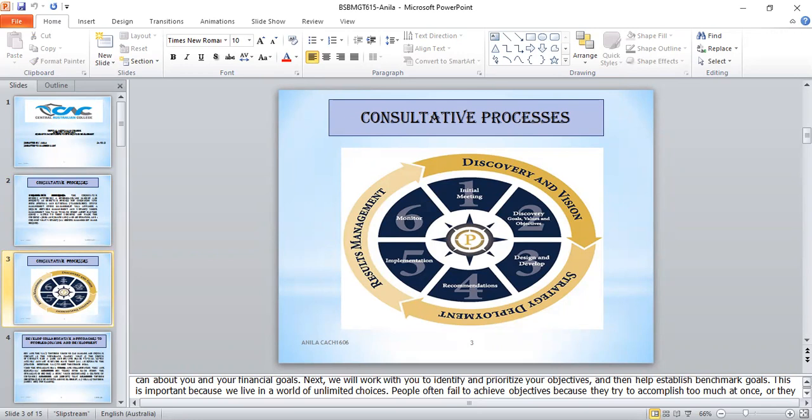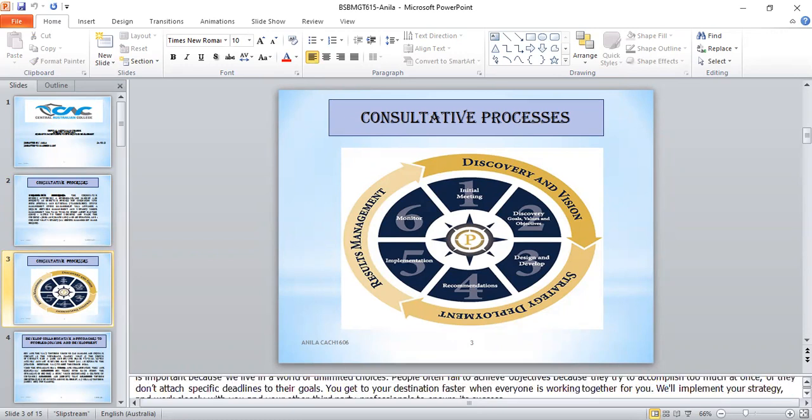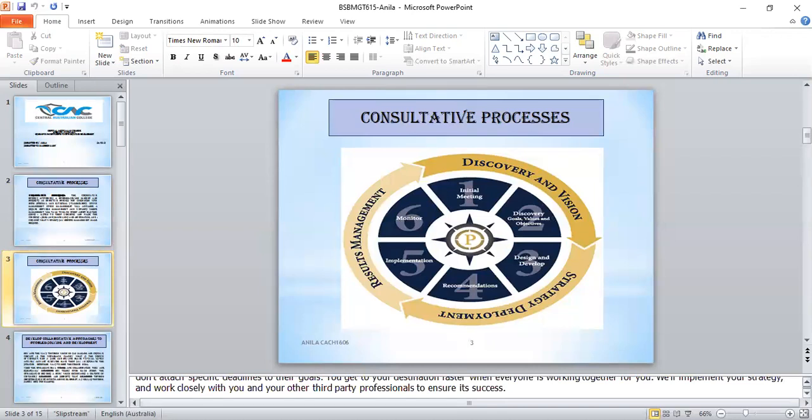This is important because we live in a world of unlimited choices. People often fail to achieve objectives because they try to accomplish too much at once, or they don't attach specific deadlines to their goals. So to get to our destination faster, everyone is working together for a business. We'll implement our strategy and work closely with all team members and professionals to ensure our organizational